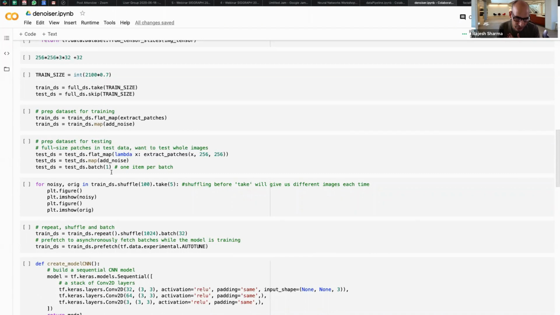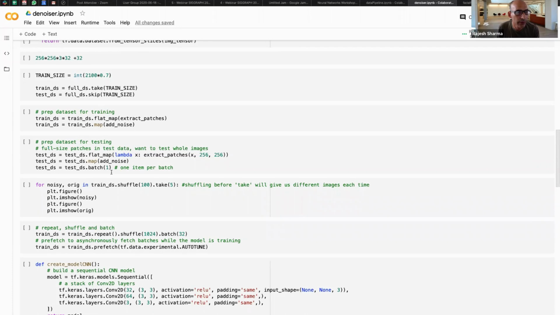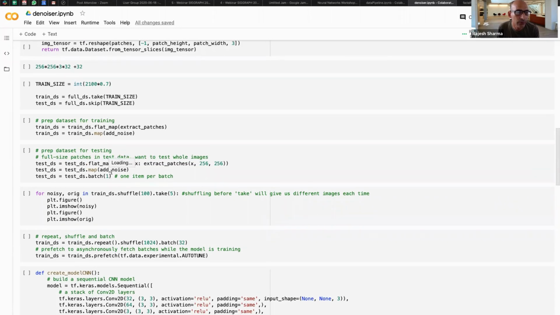So as we will see, these images that we are getting from this data set, they are 256 by 256 times 3, one for each RGB component. So that's a fairly big size. We are not going to be able to handle that in an interactive class like that. So what we want to do, and this is good practice in general, is to deal with the smaller patches